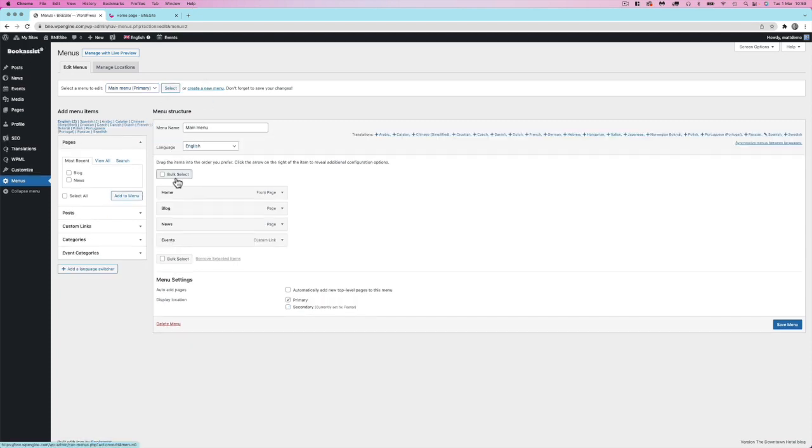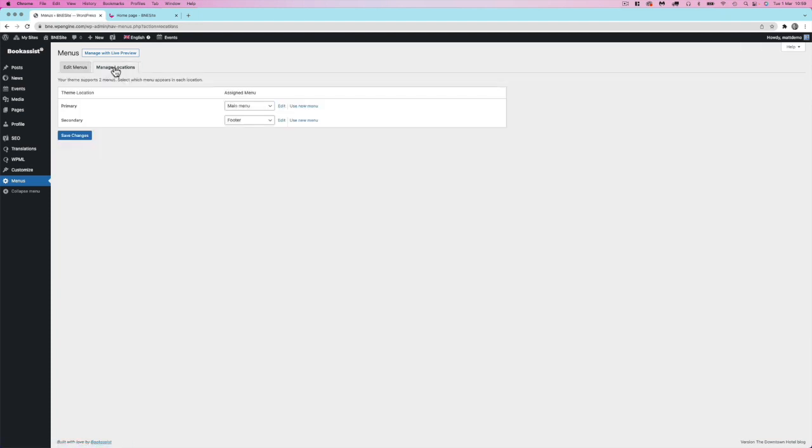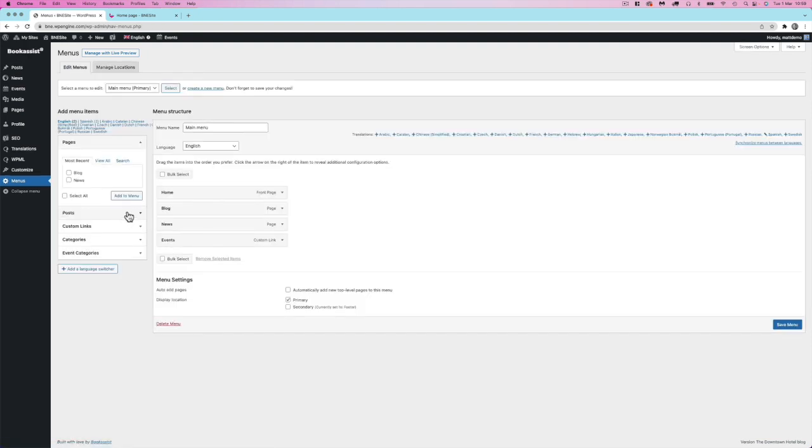And create a new menu. And there's also worth noting the menu locations. We've got the main menu as the primary menu, and the footer menu as the secondary. And you can see the menu here, we can just drag these items to change the order. If we want to add a new